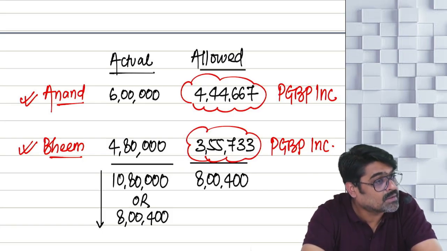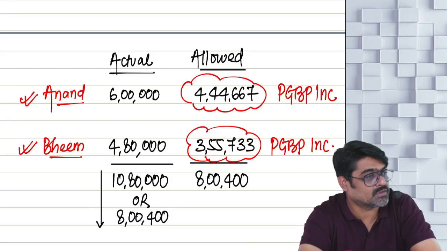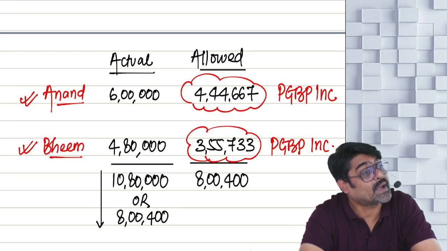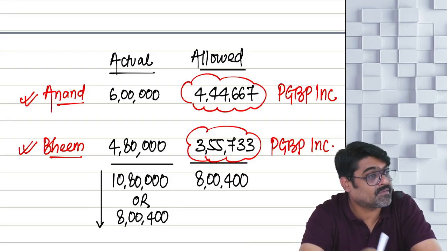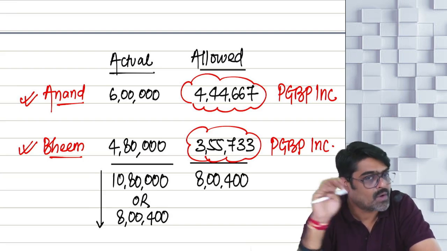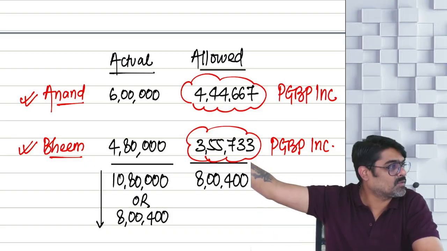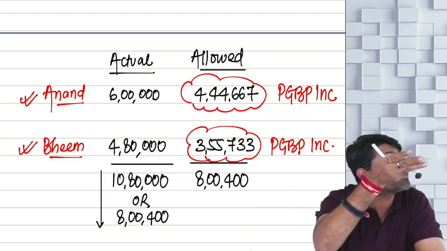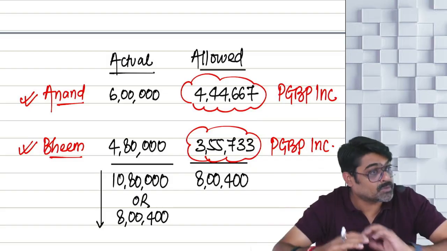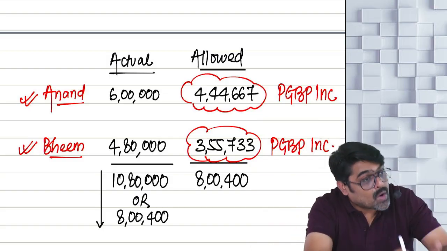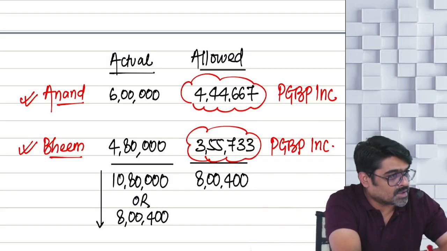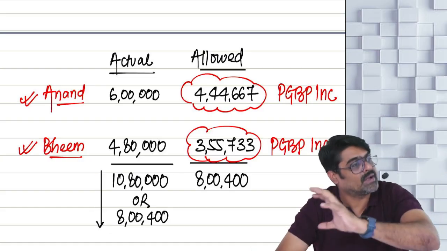the unabsorbed depreciation of earlier years as well as unabsorbed capital expenditure on scientific research as well as family planning. All those things you are going to adjust, because those adjustments are not as per other provisions. Those adjustments are as per the provisions of PGBP only. So you are supposed to take the deduction of all these sections starting from 30 to 37(1) while calculating your